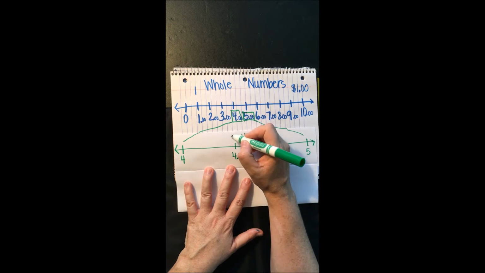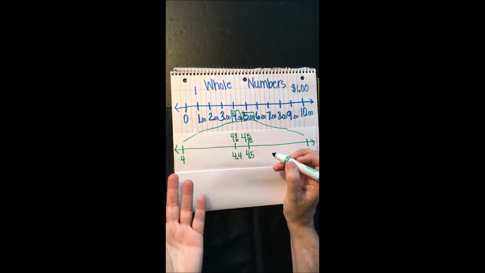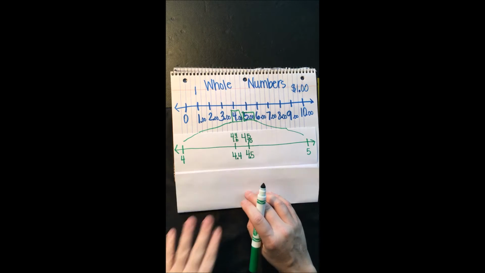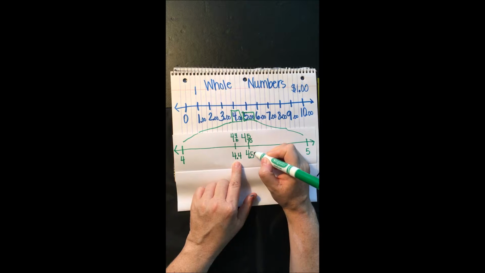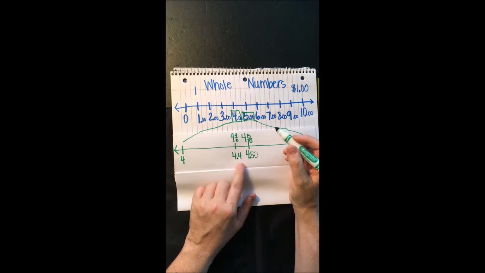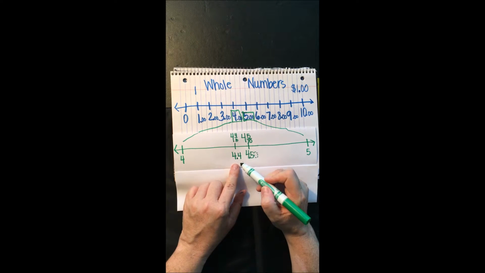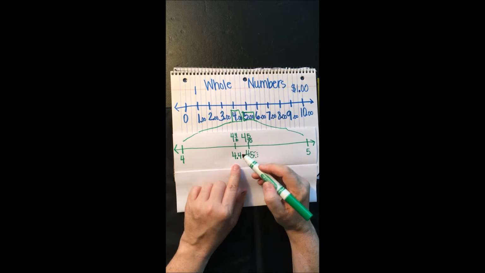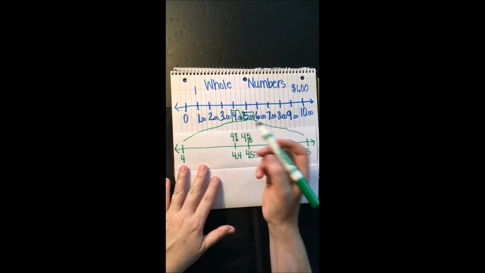So then we would have 4 wholes and 4 tenths of a dollar, or 4 tenths of an entire whole dollar. Again, go back to your money, because it's just great. Just remember that we've already talked to the students about this secret 0 that's here, so it reminds us what the money would look like. We're saying this is $4.40, but a way to think of it is, if we take away another dime, we have